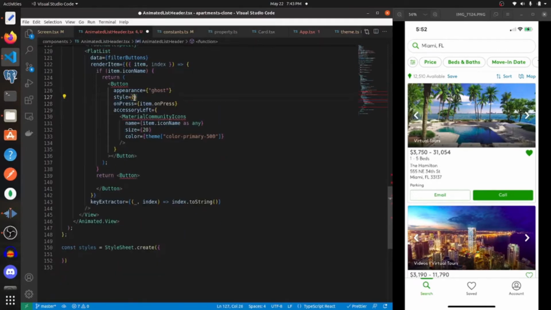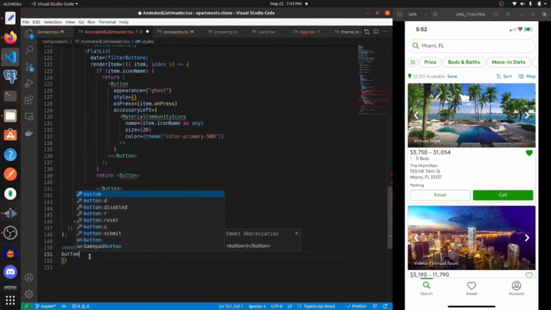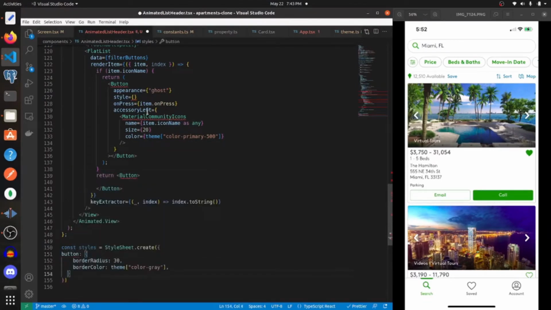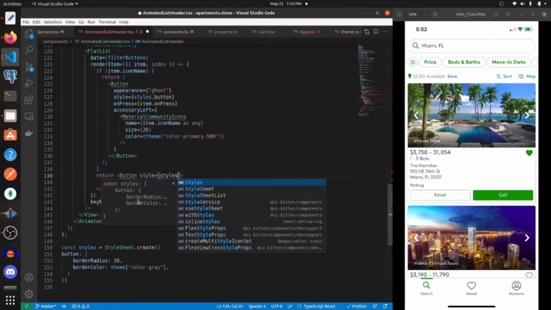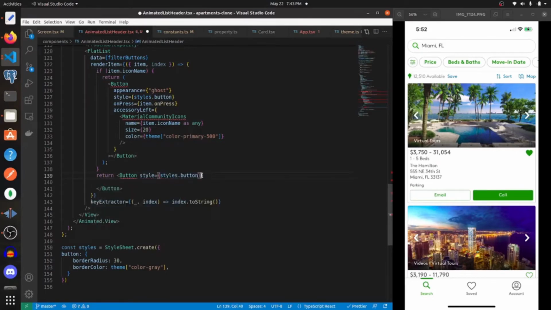So let's copy this, say button here, and paste it there. Then say styles.button, and style equals styles.button. OnPress is going to be the same, where we have item.onPress. The only differing thing will be the text that the button displays. So here we'll have item.label,